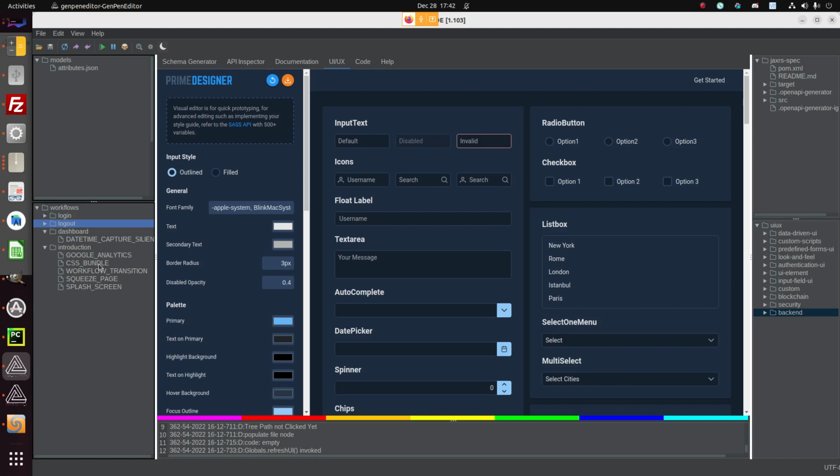And you might have a specific CSS bundle or a theme that you want to apply to that page. And then you're going to have a workflow transition that will branch off into either a login or a demo. Maybe you'll just be able to add a new workflow for a